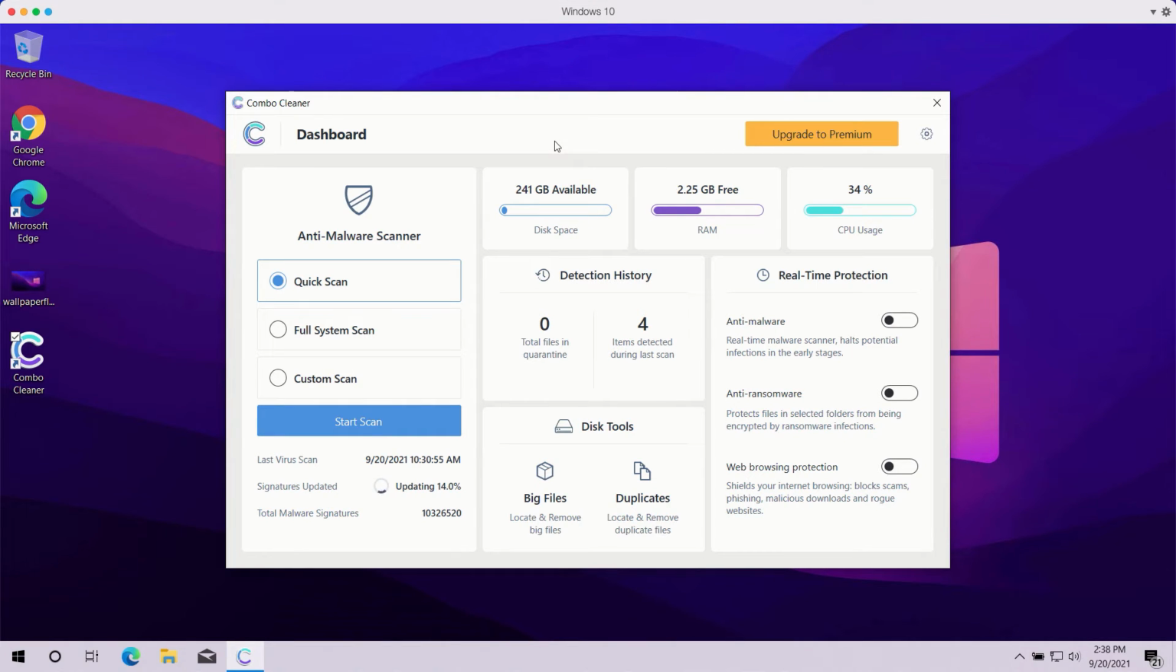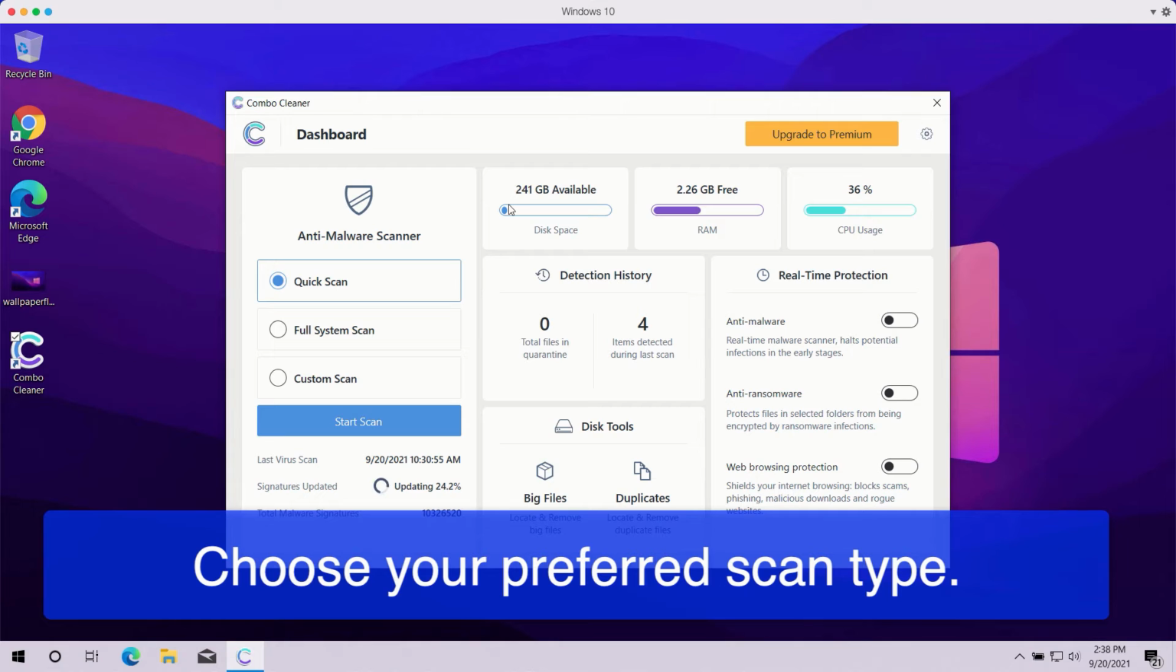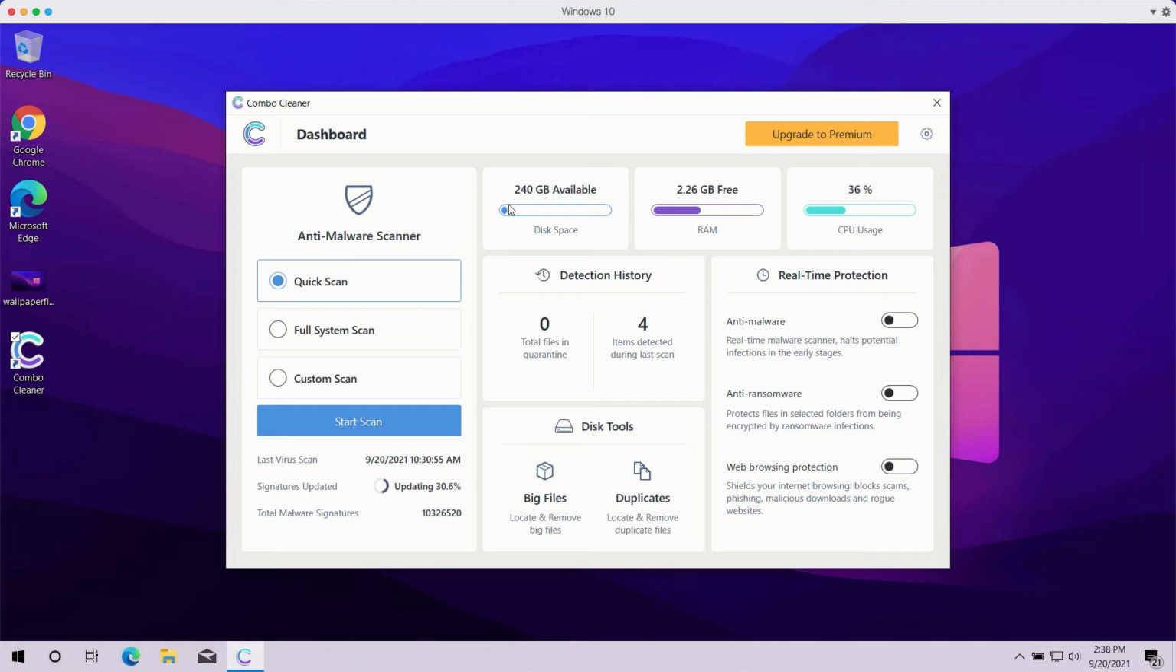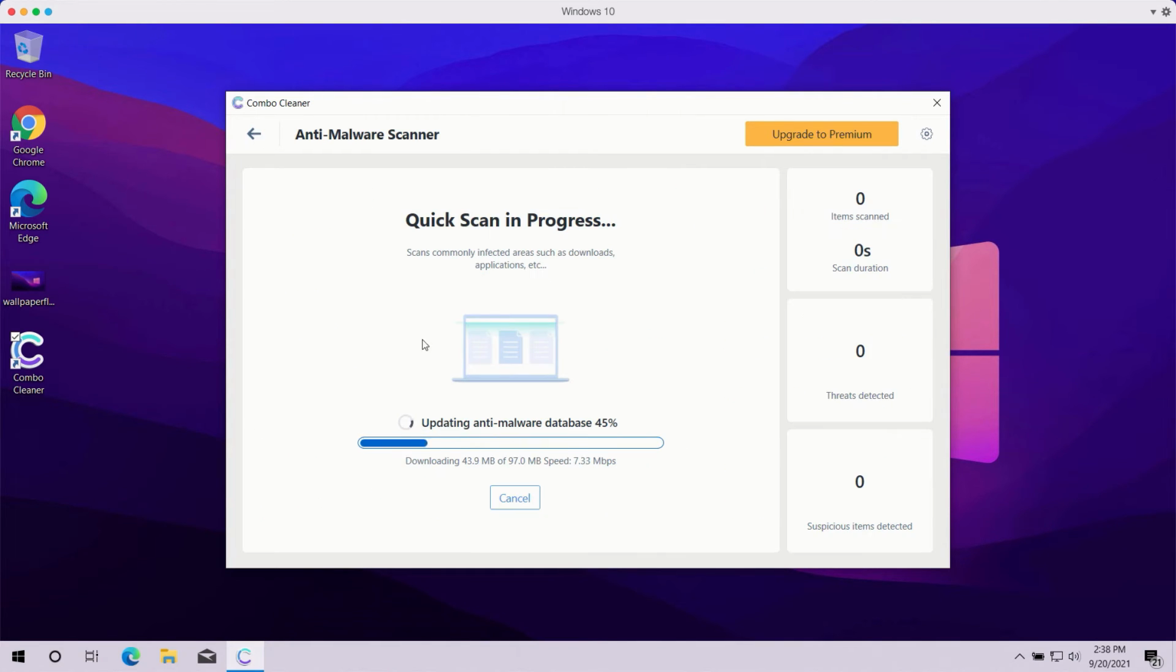Once you start Combo Cleaner antivirus, you need to select your preferred scan type. The trial mode of the program, however, only gives you quick scan, so you have no other option available. The premium version of the software also gives you full system scan and custom scan. After this scan type is selected or you choose the quick scan type in the trial mode, click on the Start Scan button. The program, even in the trial mode, will help you to fully analyze your computer, and you'll be